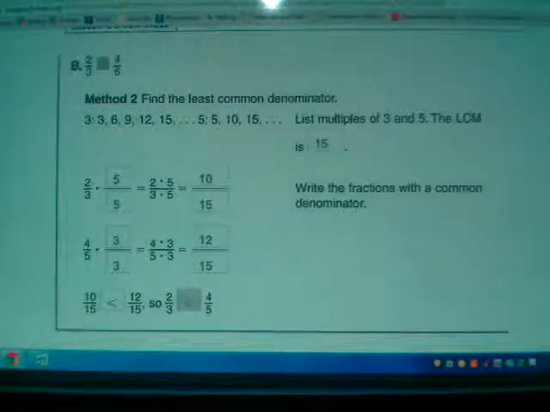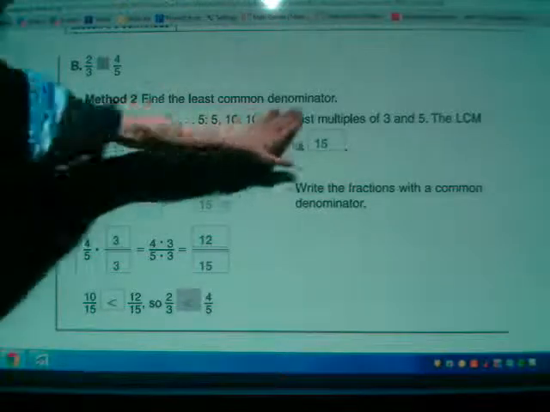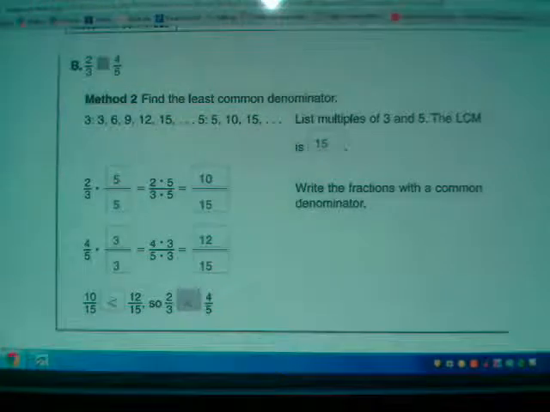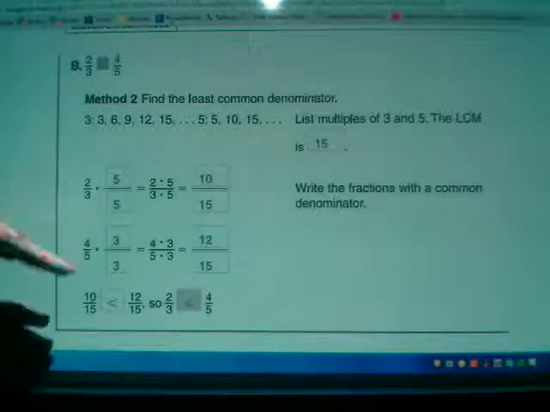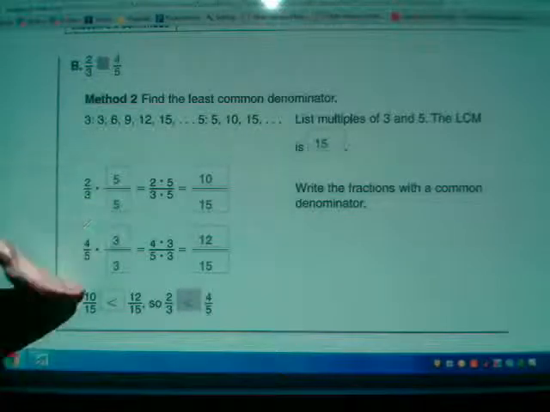Now, if you listen carefully to what I just said, they do have a match at 30. That is true, but it's not the first number that's on both lists. Here they did say least common denominator. 30 would just be a common denominator, not the least. So, since the least common denominator is 15, that means we're changing the bottom of both of these fractions into